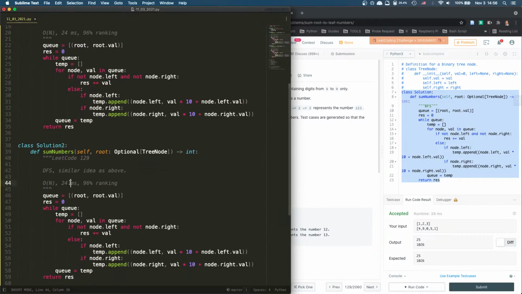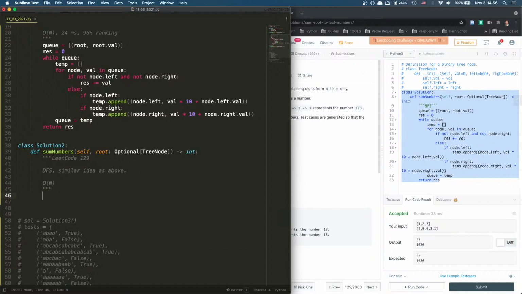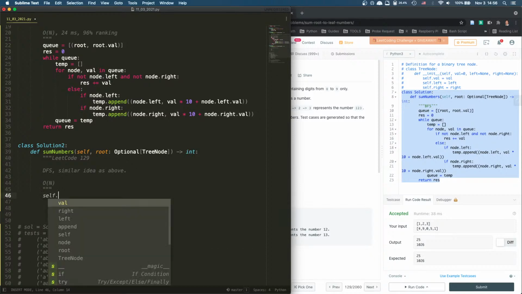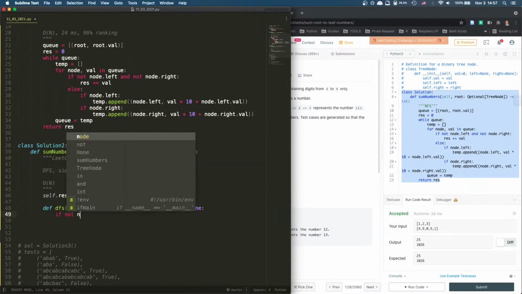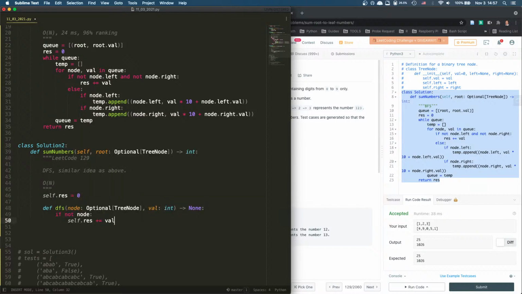All right. We don't know about this yet. So how do we do some numbers? We're gonna have self.res, right? Let's start with this, and then def DFS. We have a node, which is optional. Actually, it's not going to be optional, but that's fine. Let's just do Optional TreeNode and current val, right? We need current val. And then we return nothing, and then we say if not node, self.res plus equal val,